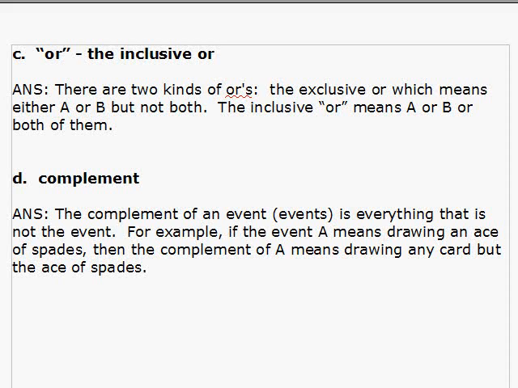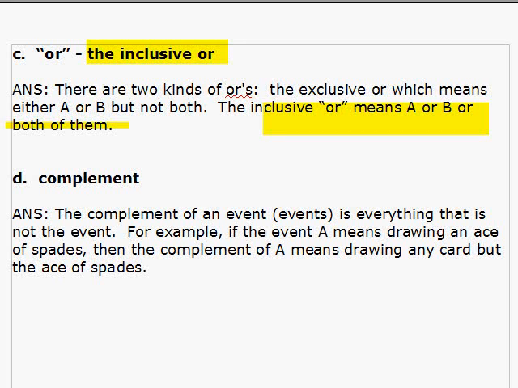Now here I want you to define OR. There's 2 kinds of ORs, and on the paper, on the test, you might be asked about the exclusive OR. We generally work here with the inclusive OR. The inclusive OR means A or B can occur, or they can both occur at the same time. In this case, the probability that I own a car or a boat means either I own a car, and that's all I own, or I own a boat and no car, or I could own both of them together. That's the inclusive OR. The exclusive OR means